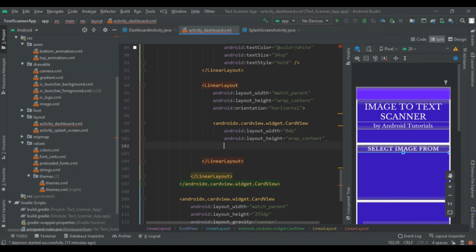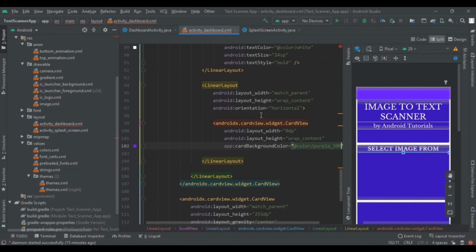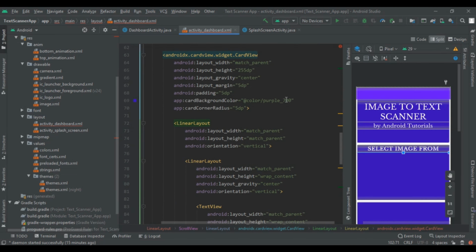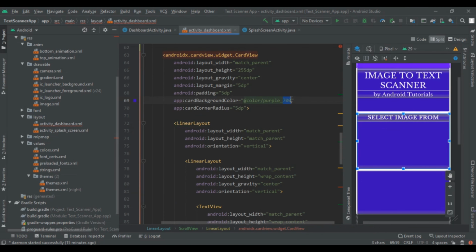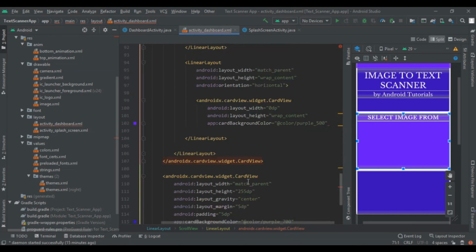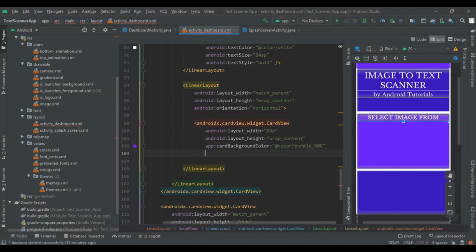So card radius, background color will be purple 500, and change the purple 500 here also. So you can see that color code, that is 6200AA. And then again come in our linear layout, we are going to apply card corner radius.